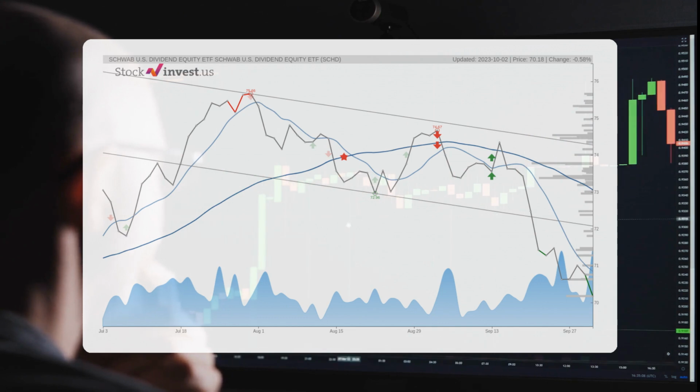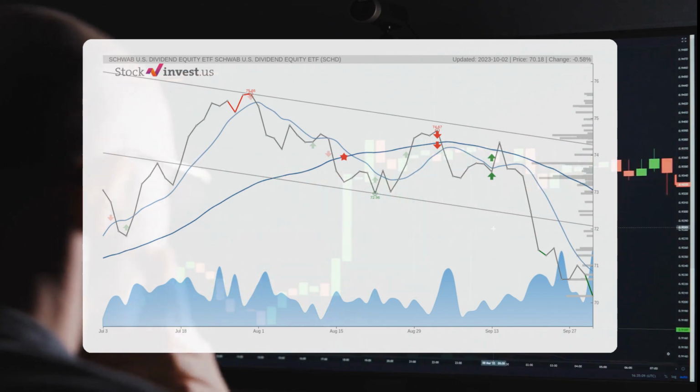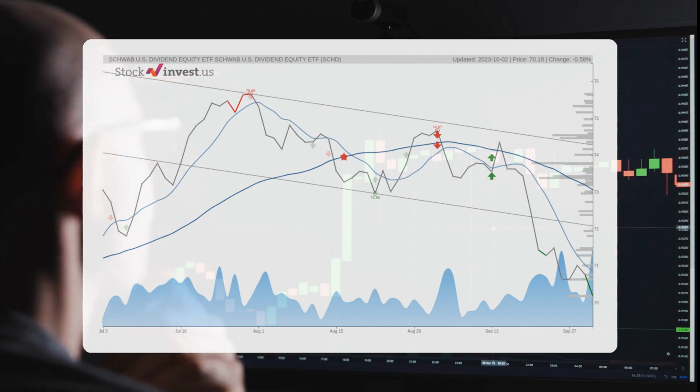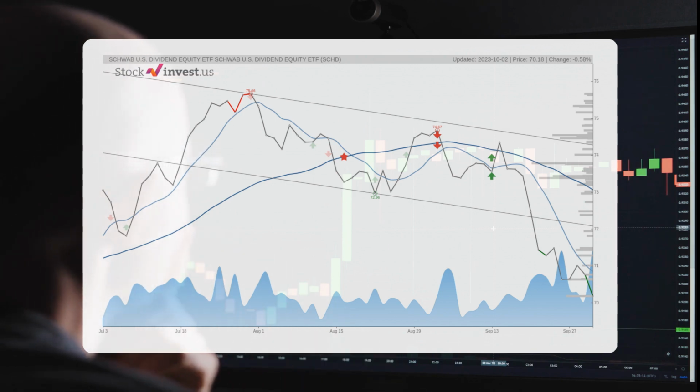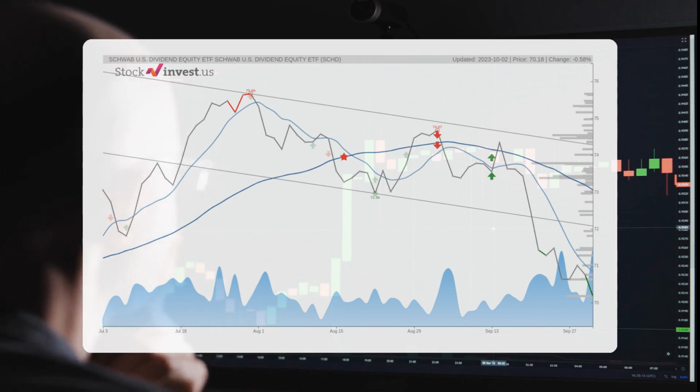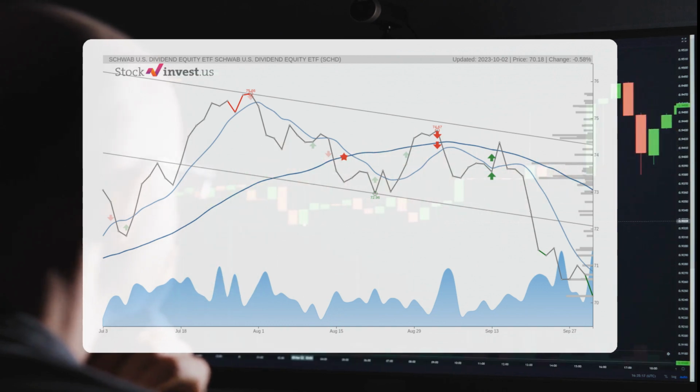Now, let's zoom out and look at the bigger picture, the 12-month trend. Brace yourself for a -2.26% change over the next 12 months. However, there's a silver lining. The potential return could range between -4.60% and 8.01%. That's quite a wide range. So after a year, we could be looking at a price range of $66.96 to $75.80. It's definitely something to consider for your long-term plans.